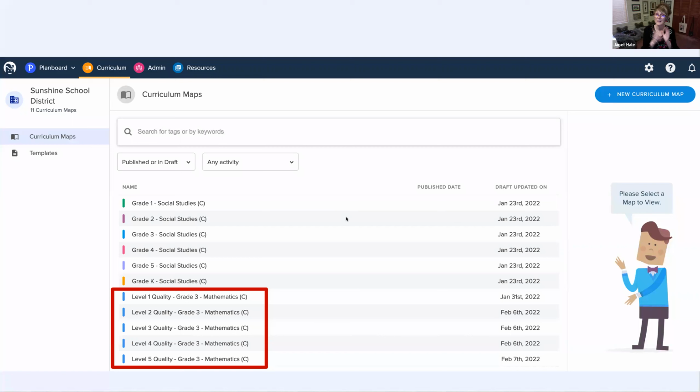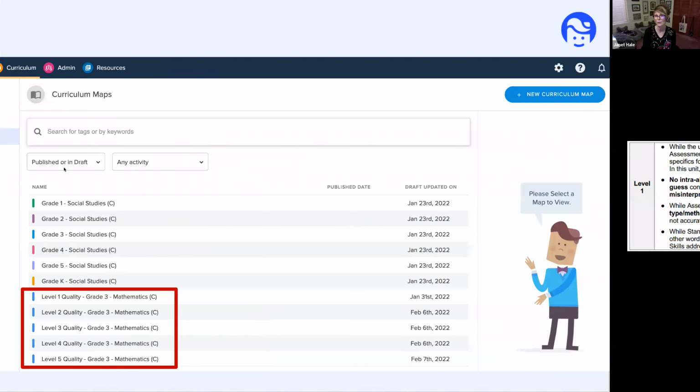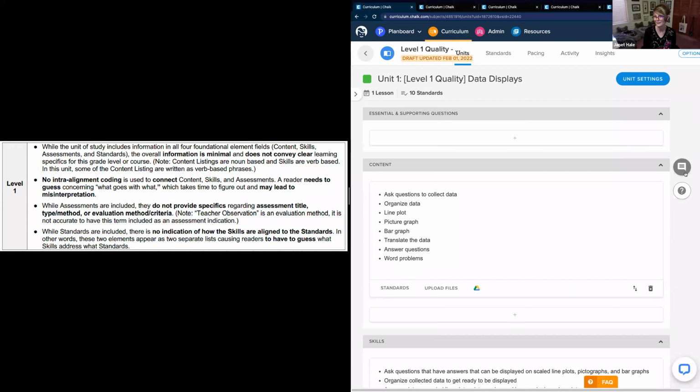And again, it's not about being right or wrong, but if I'm really working on that intra-alignment, I want to make sure that we get to that level on our scale where it really shows it, which for me is level 3. So Keenan, can you go ahead and show an example of that side by side where we're going to see level 1's bullets from the scale, and then switch over here. And this will be an example of what I consider to be a level 1 map unit. So we have a unit here.